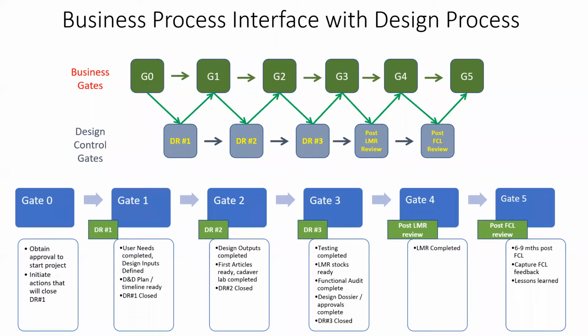So how would the business make these decisions on whether we continue with development on a project or not? These decisions would typically be made connected to the design gates. So once a design team achieves design review one, they would go back to the business leadership to ask for more money. So money would be sanctioned for a particular stage. And that's typically how the design process gets integrated into the business outlook of the organization.